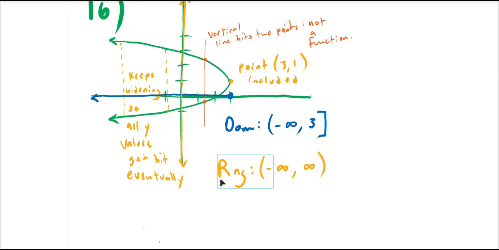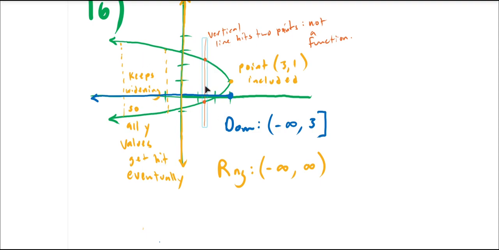You need to know this little piece of lore, that parabolas keep widening forever. They get wider and wider and wider. And so eventually every y value is going to get hit, and the range goes from negative infinity to positive infinity. To answer their question about is this a function or not, we need to simply look at any vertical